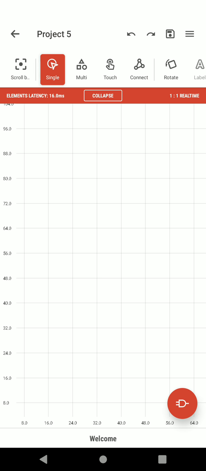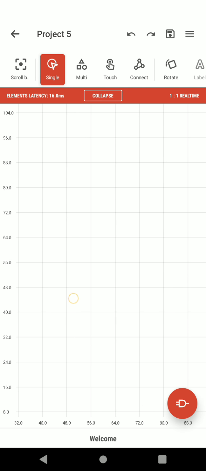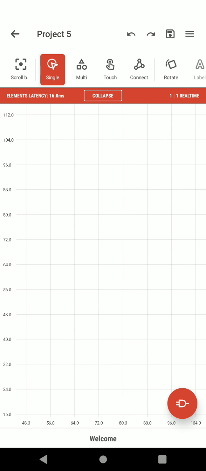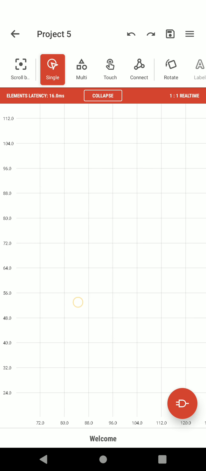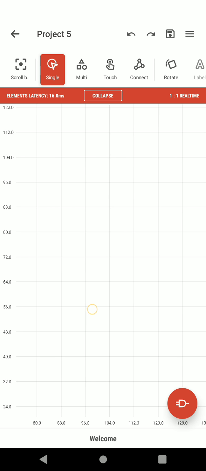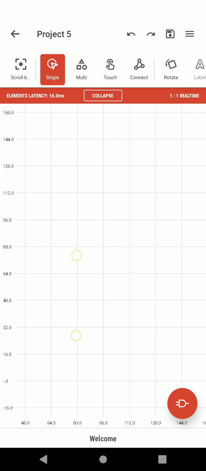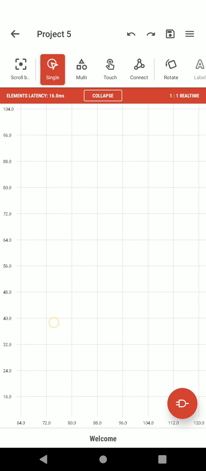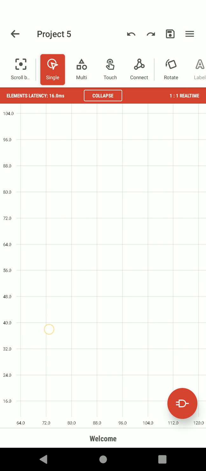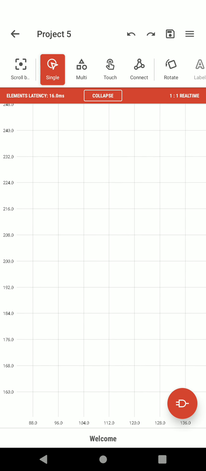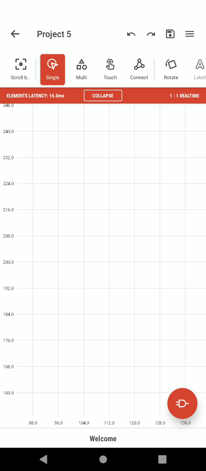So this is the place where we need to construct the circuit. Now one by one let's construct. In order to find where we are in this entire page, there are horizontal and vertical readings. So I'm adjusting it to 160 and 88. It's only to find where you are constructing the circuit.